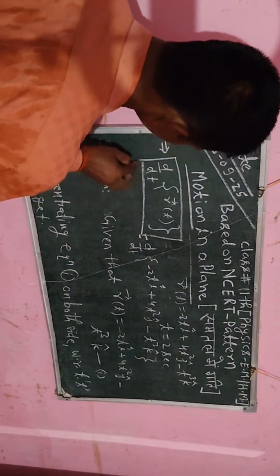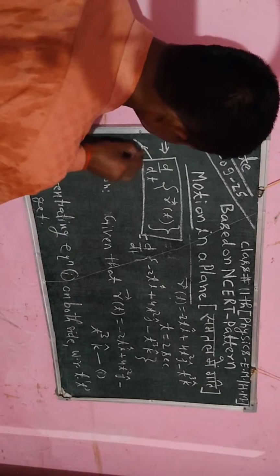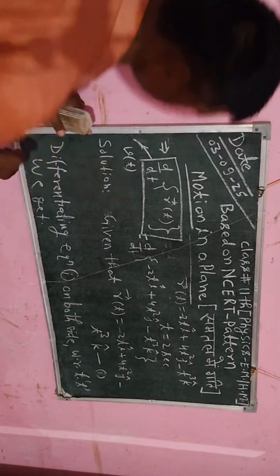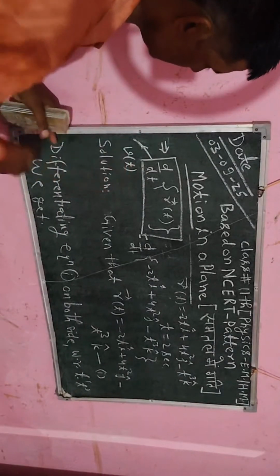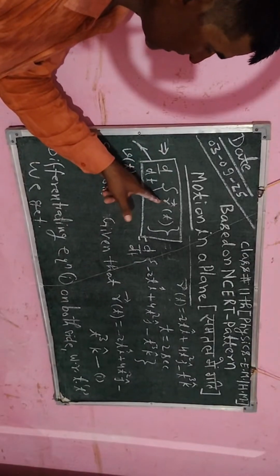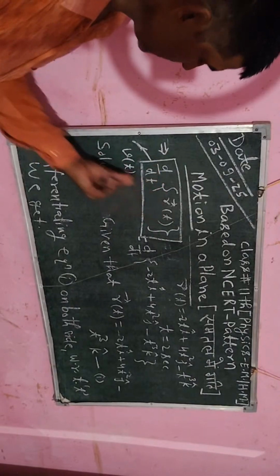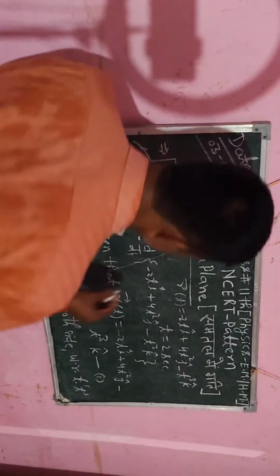So this term I say is the velocity, and it is written as v(t). So v(t) is written in the place of d/dt, and in the bracket I have written vector r(t). Now on the right hand side I have